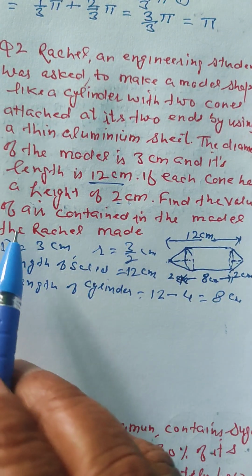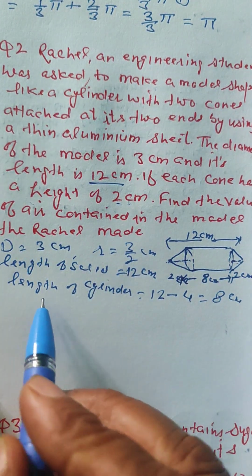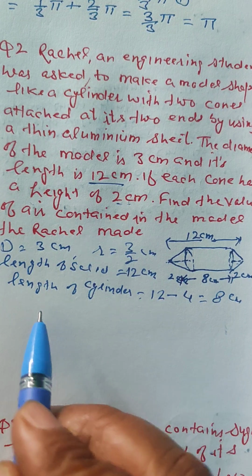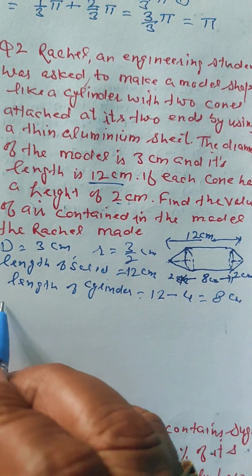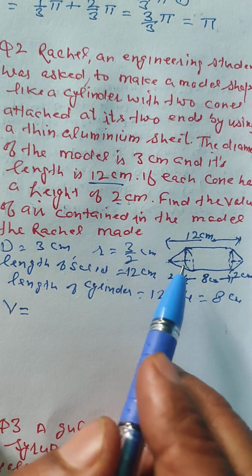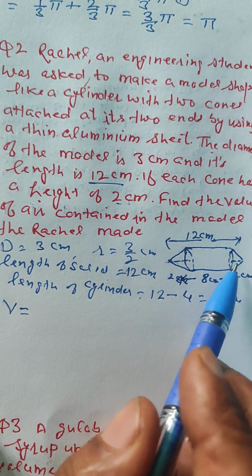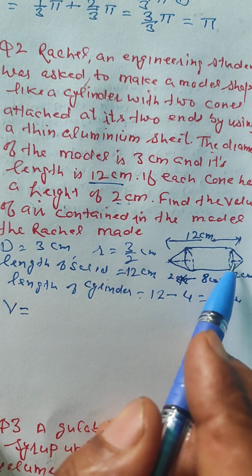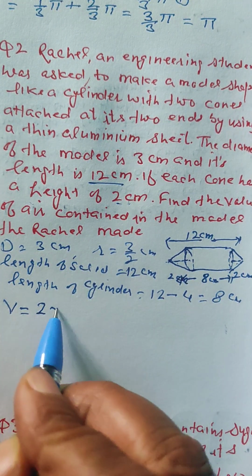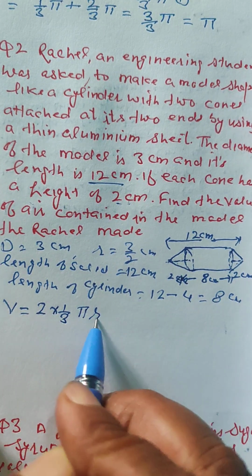Find the volume of the air contained in the model. So we will find its volume. Volume is equal to the volume of both conical shapes, therefore multiply by 2, 1 by 3 pi r square